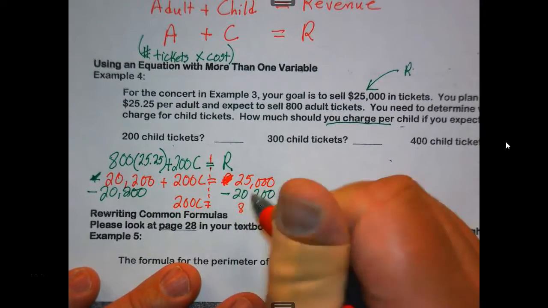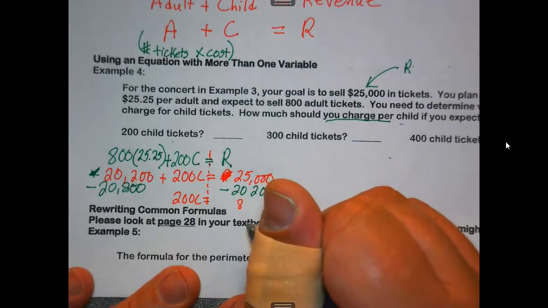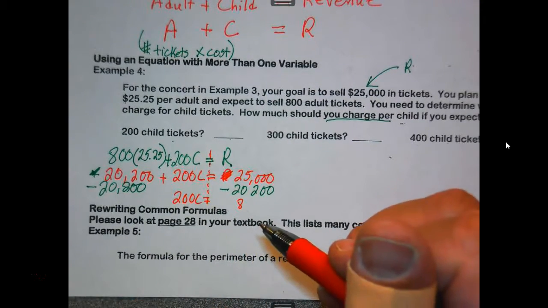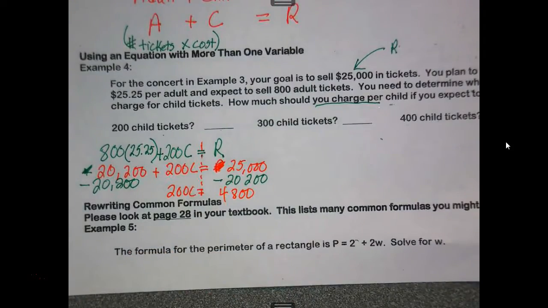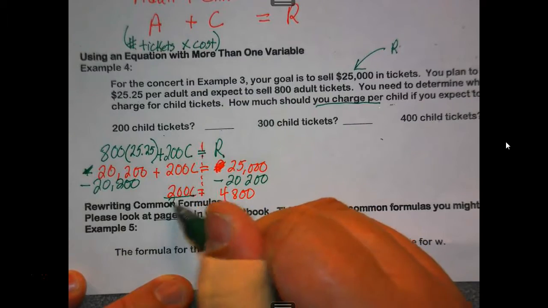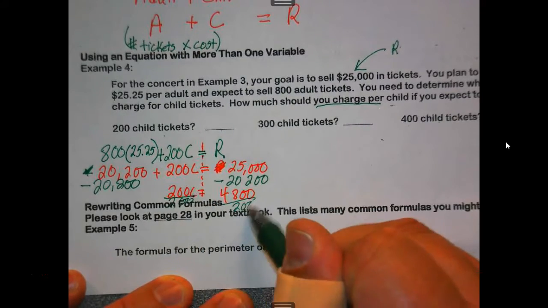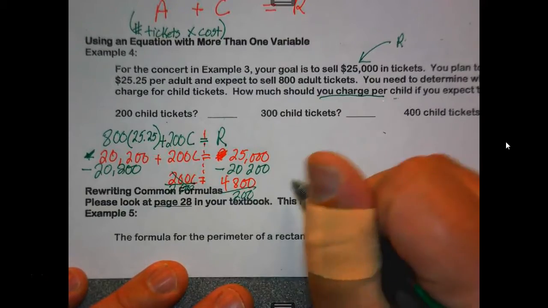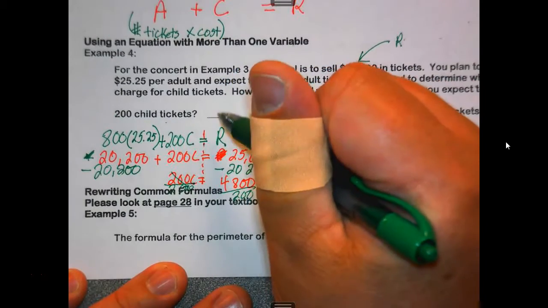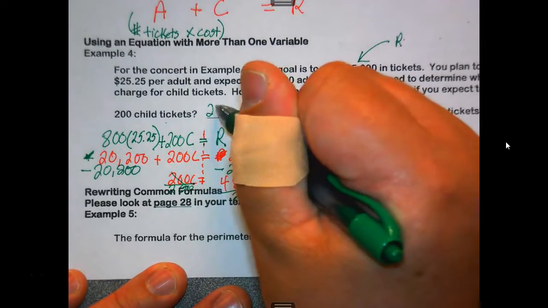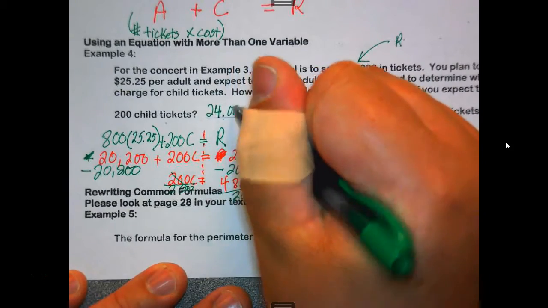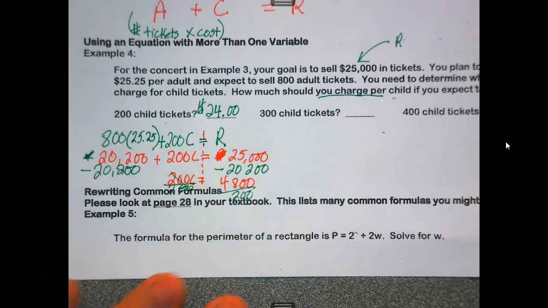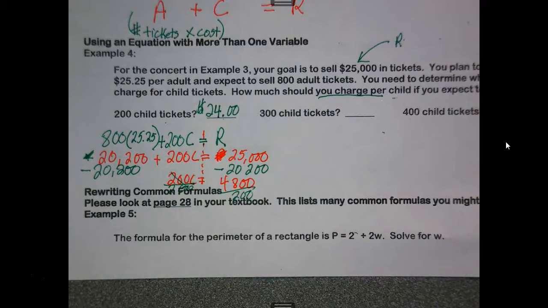equals 8 something. 48. Then divide both sides by 200. I can do this easy. The cost is going to be 48 divided by 2 is 24. And then the zeros cancel, so it's 24 bucks. And I really don't want to go through this